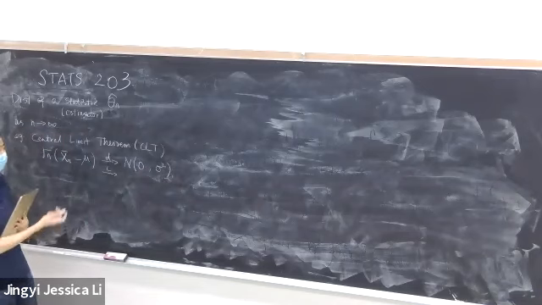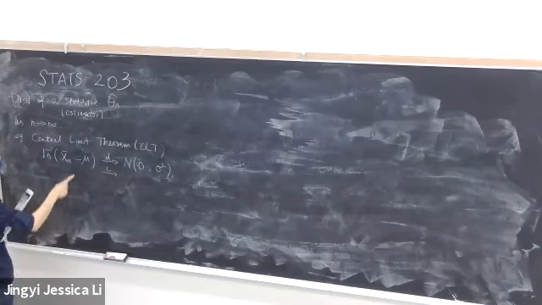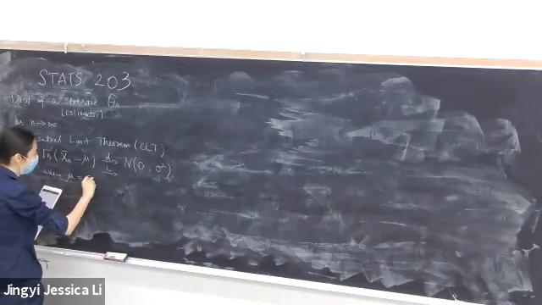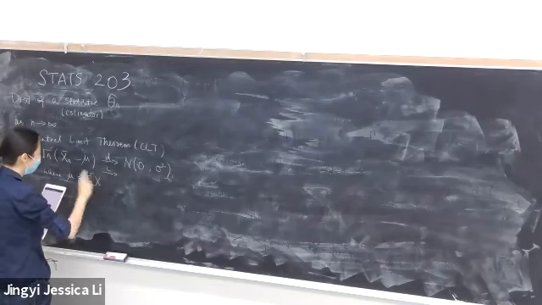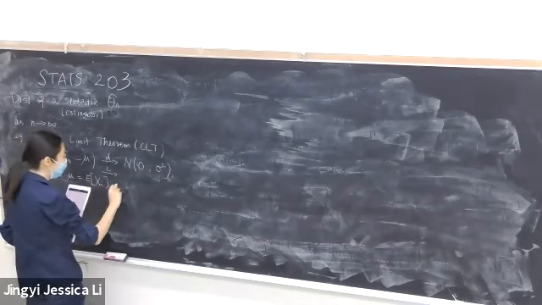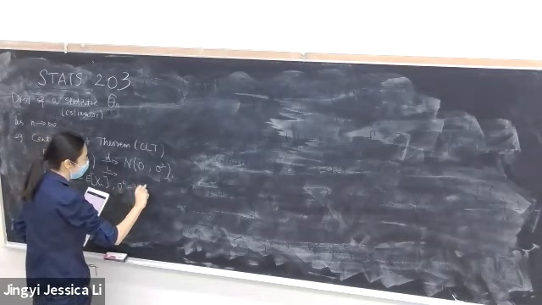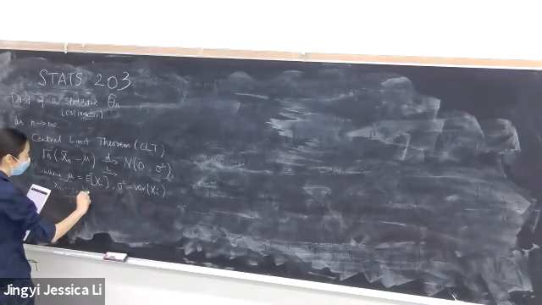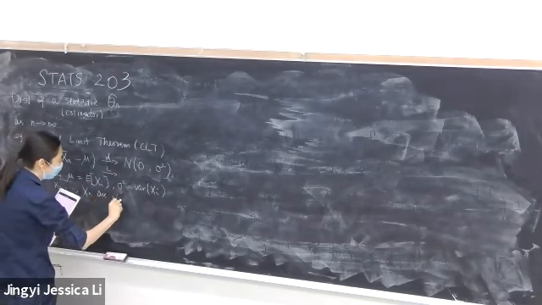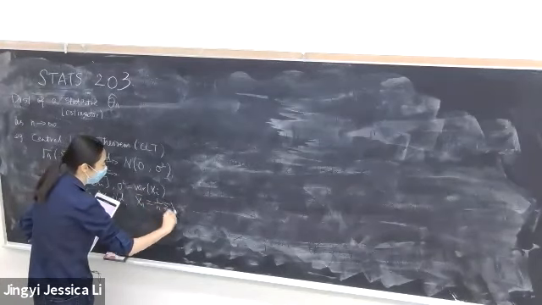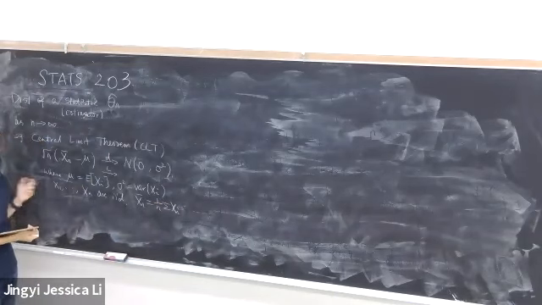In this class, we're going to talk about the multivariate version of it. But just because this is an introduction, I make it simple. So here, the mu is just the mean or the expectation of this distribution. So I just say X_i, and sigma squared is the variance of X_i. And here, X_1 to X_n are IID, and this X_n bar is just their average. So that's the central limit theorem.